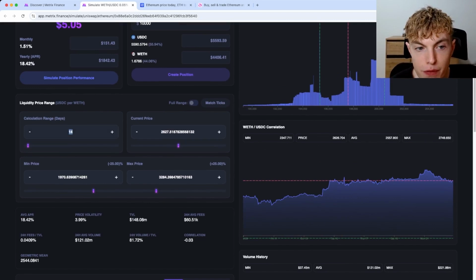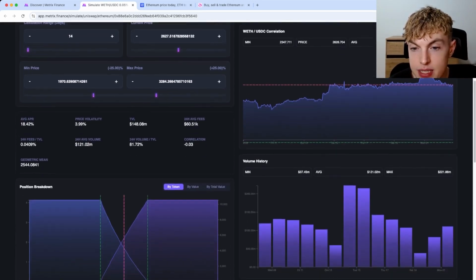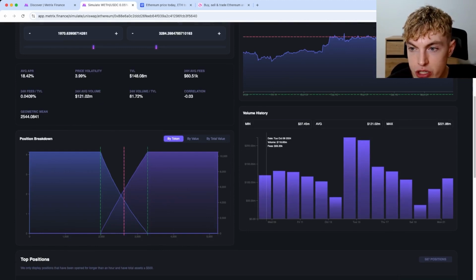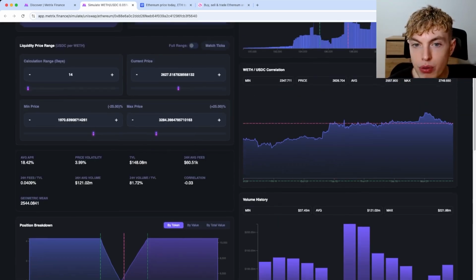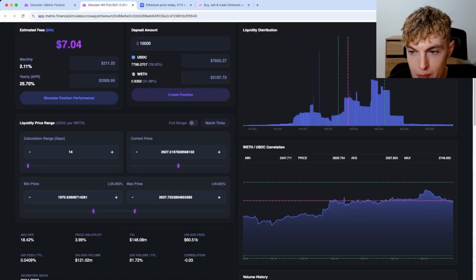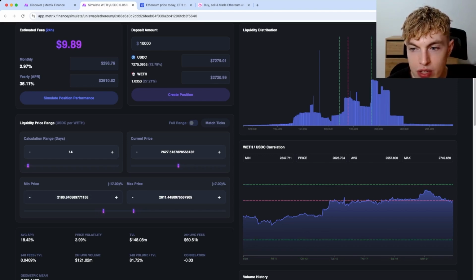I'm going to keep this at about 14 days of calculation range to try to help me get the most accurate simulation as possible. And scrolling down, looking at the volume history, you can see it's been pretty consistent. We had a couple high volume days on the 14th and 15th of October, but other than that, it's been pretty consistent. So let's go ahead and change our max price to about 2,811 and change our min price to